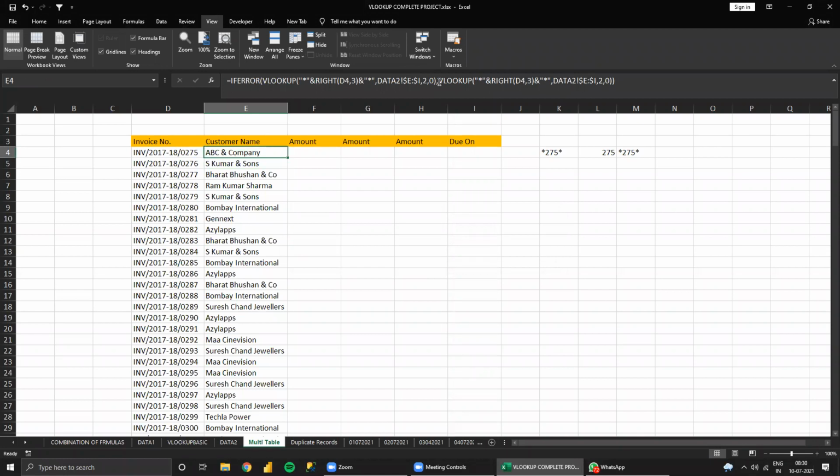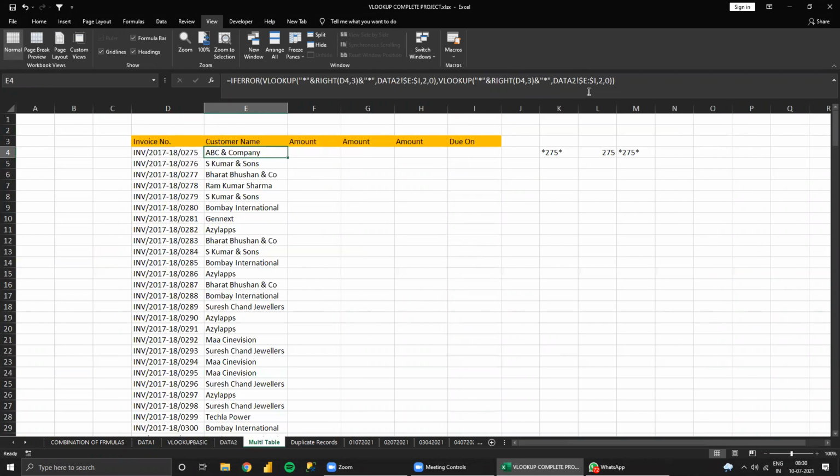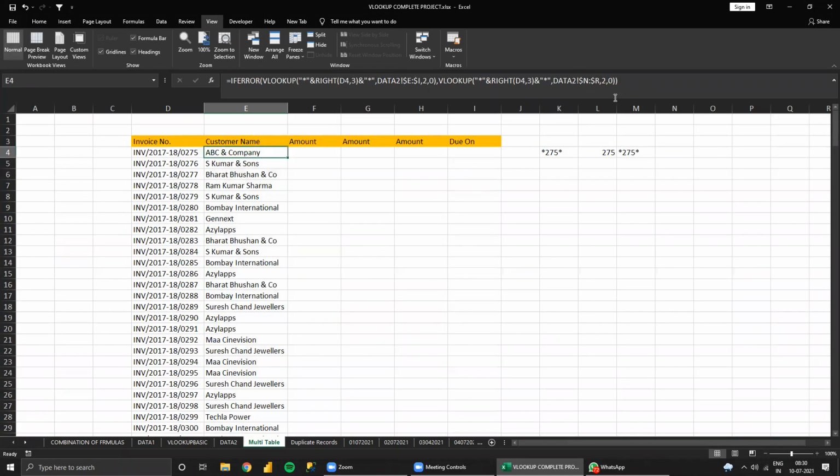Okay. So here only the second table column is changed. Second table column N to R, right? Yes, sir. So that is good. N to R needs to change. Yes, sir. Done that one. That's all. Result. Okay, sir. I'll just do it, 1 second. Yeah, I got it, sir.